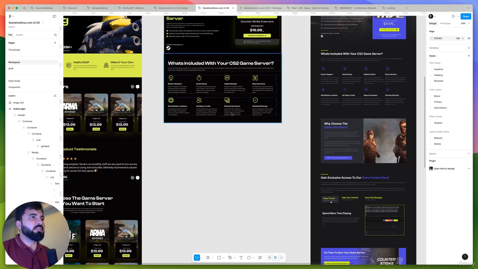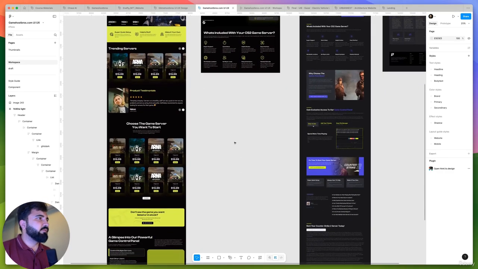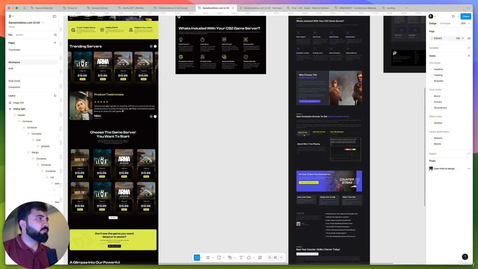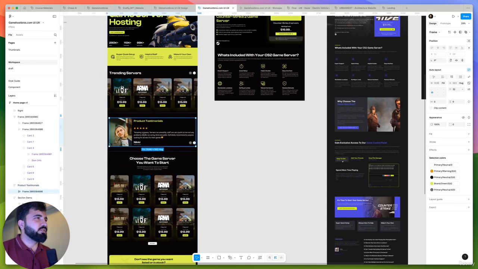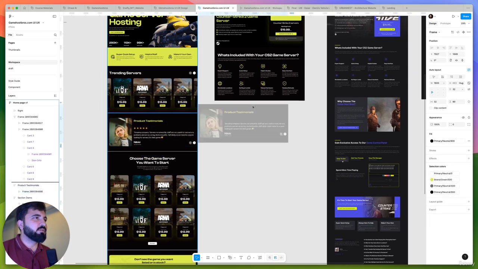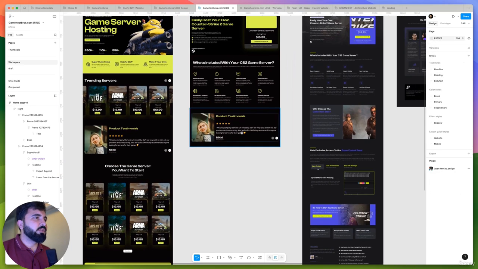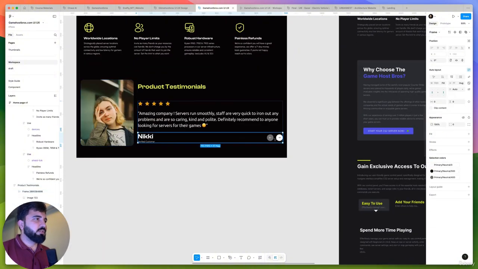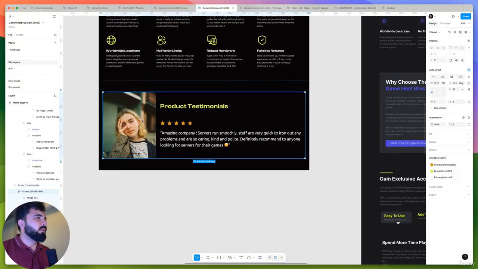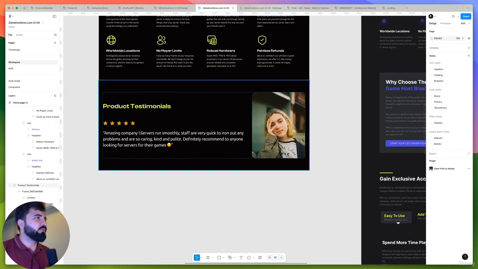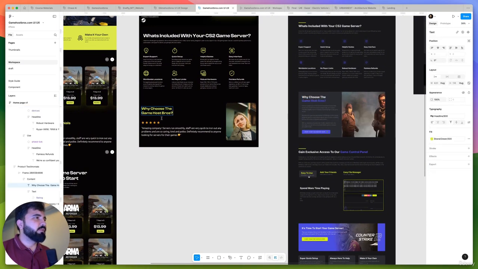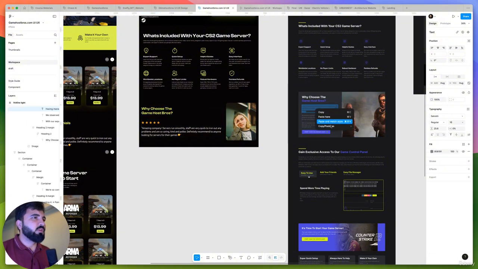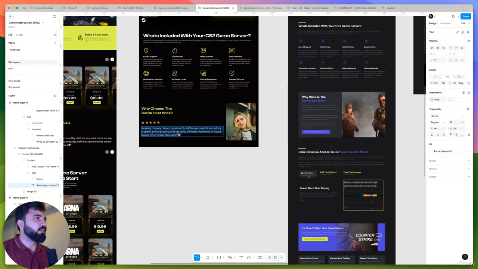All right, so the second section is also created. Now let's go ahead with the third section, and for the third section we have the image, then text and the button, right? So I'm thinking for the third section I will do something like this. I will just paste it over here. Perfect. I will get rid of this, take this image to the right. Perfect. Now, why choose? Copy this, paste over here, copy this text, paste it over here